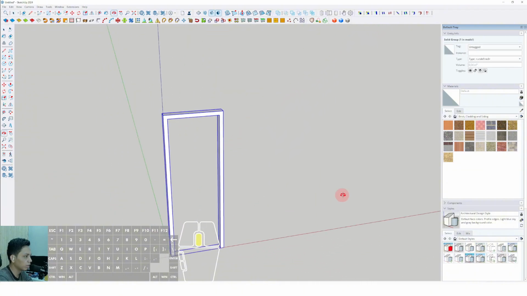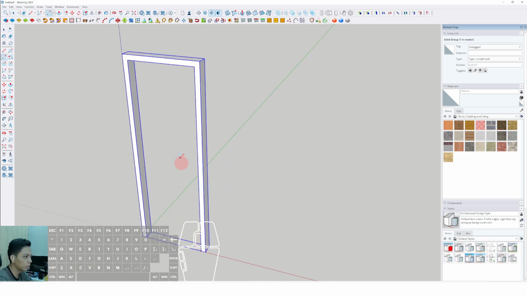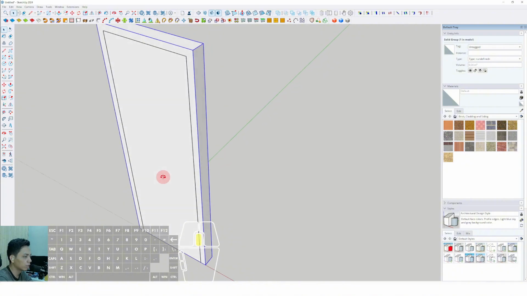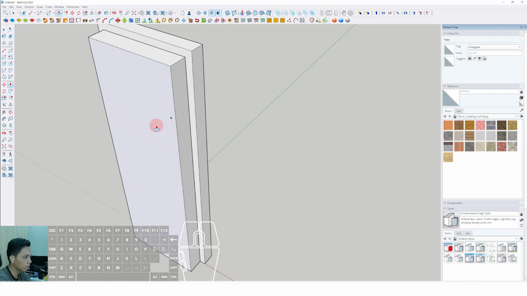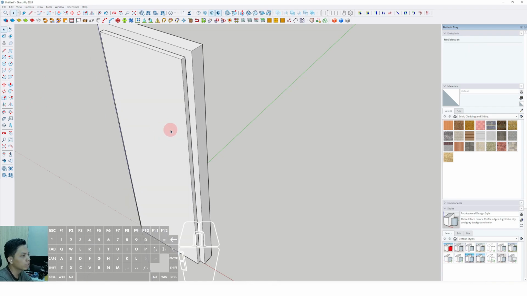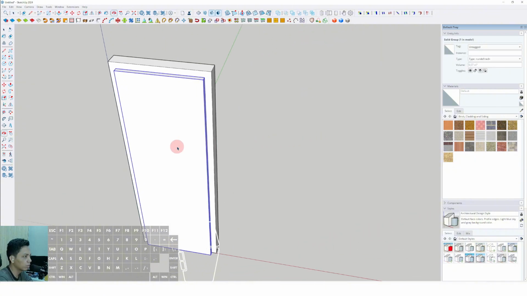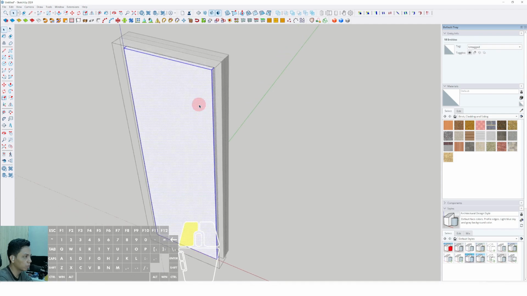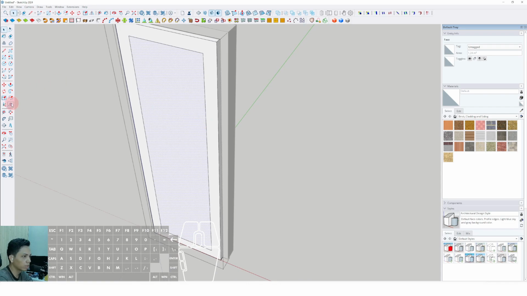make group, and we can make the door leaf using a rectangle. Click from this position until this position and select the push tool, select the plane and push it to the front around 40 millimeters. Then we can triple click, right click and make group, and also we can offset it inside by clicking this object, clicking this plane and offsetting it inside around 100 millimeters. Okay, then we can select this plane, select the offset tool, offset it inside around 20 millimeters,